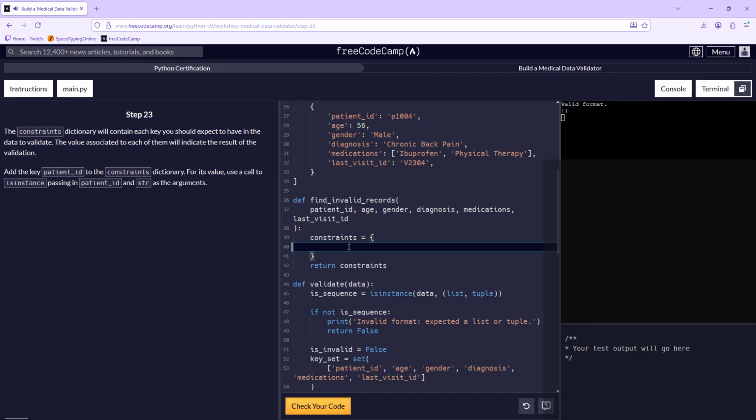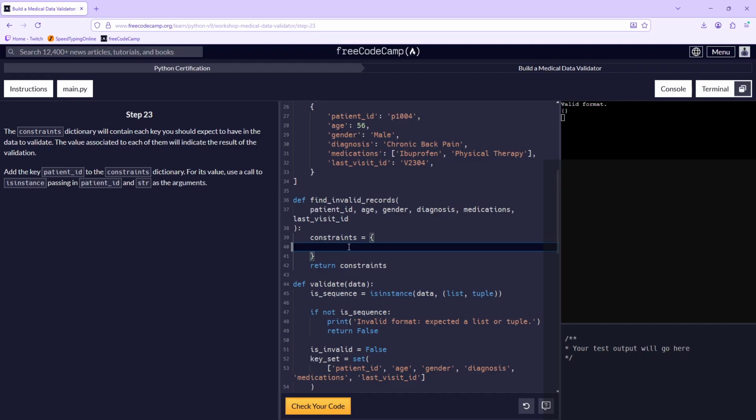Oh boy. Okay, the constraints dictionary will contain each key you should expect to have in the data to validate. The value associated with each item will indicate the result of the validation. I have to reread that. The constraints dictionary will contain each key you should expect to have in the data to validate. The value associated with each of them will indicate the result of the validation.